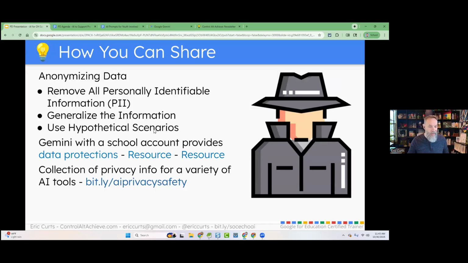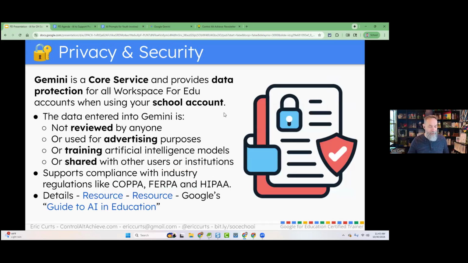information, be more hypothetical. I will say though, and this is why I mentioned Gemini earlier, if you have a Gemini, a Google account that is provided through an educational institution, this is a special case. So it turns out Google has a special agreement when anybody is using Google Workspace for education. So this would be any sort of